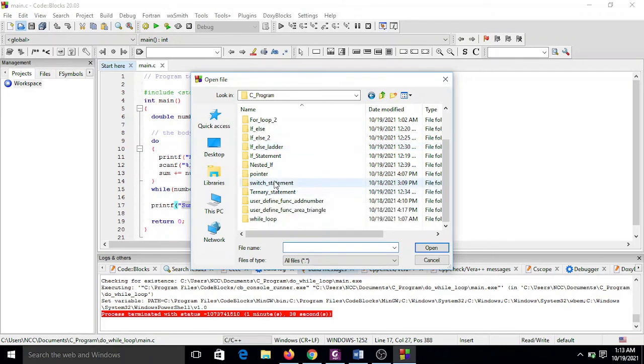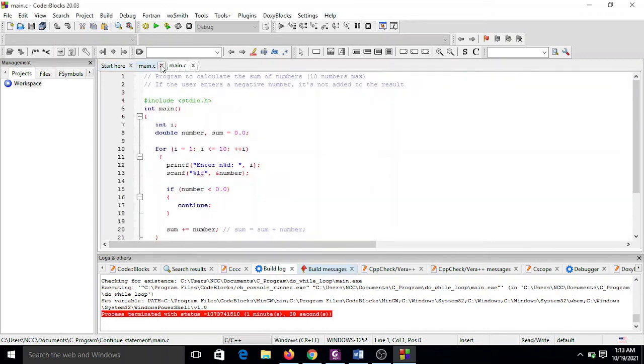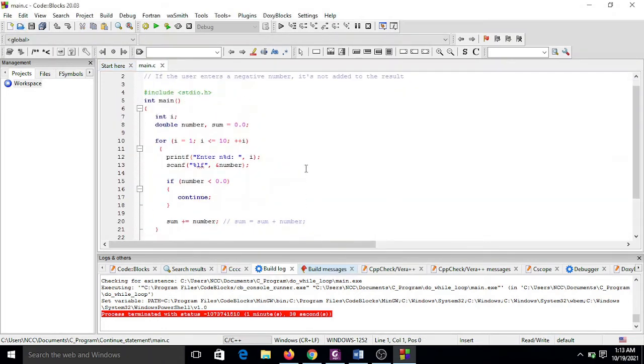So for the continue statement, here you have your for loop, because for you to use continue or break, it has to be in a loop. So whether you're using it in a for loop, a while loop, or a do while loop. In this case, we are using the continue in a for loop. So like we already said, we have 3 identifiers: number, sum, then I. I is of the data type integer, number and sum are of the data type double,